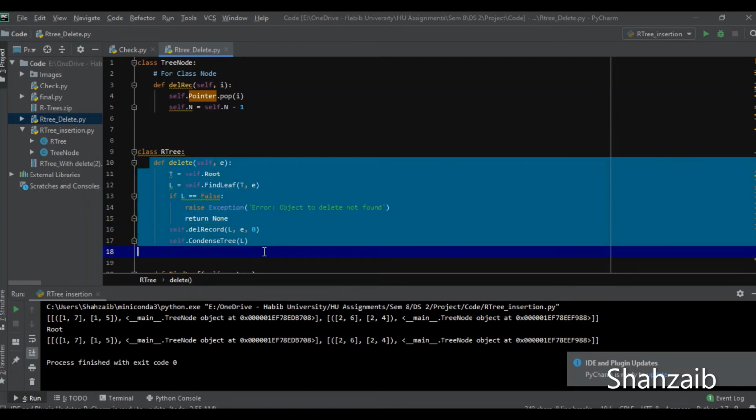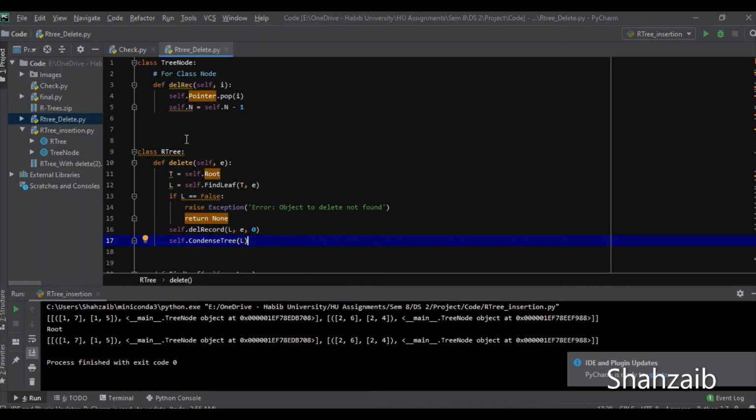Here is the higher level function for deletion. What it essentially does is call different helper functions for different purposes. First of all, the input is given in the form of an MBR that has to be deleted. The first thing to do is to call the helper function find leaf. It checks which leaf node contains the object that has been given as input. If such a leaf node does not exist, that means such an object does not exist, and therefore we need to raise the error that the object is not found. And if it is found, then it has to be deleted, and then the overall tree structure needs to be condensed.